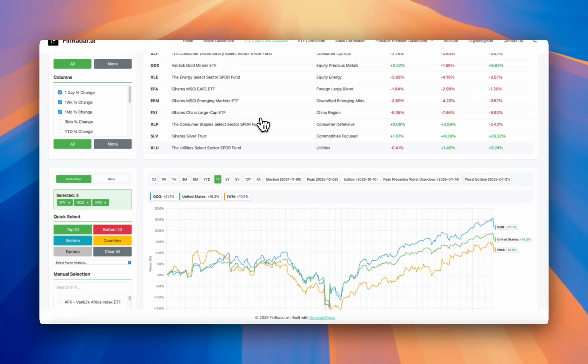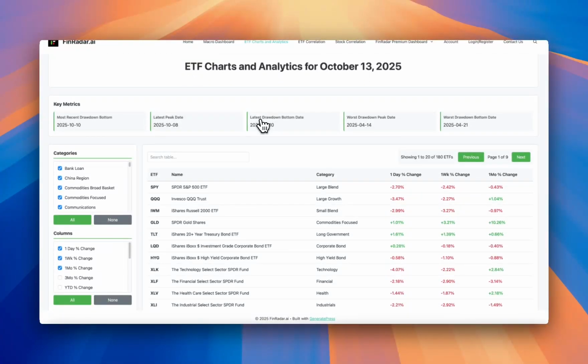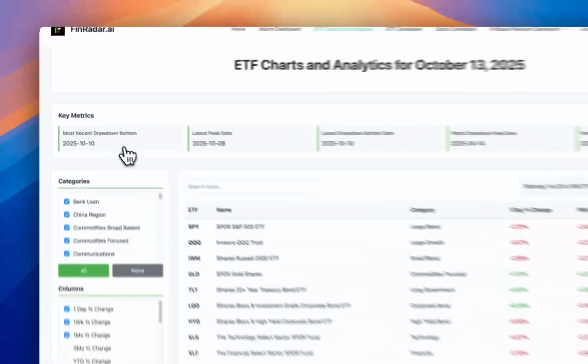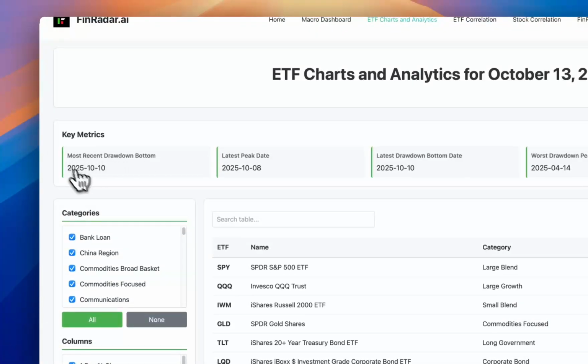Before we dig into the data, let's understand the key dates displayed at the top. These dates are dynamically calculated and help you identify critical market turning points over the past 6 months. The most recent drawdown bottom shows the latest market low, which occurred on October 10, 2025. The latest peak date marks the most recent market high on October 8, 2025, just 2 days before the drawdown